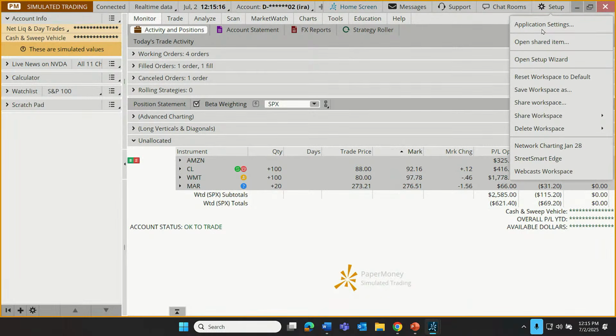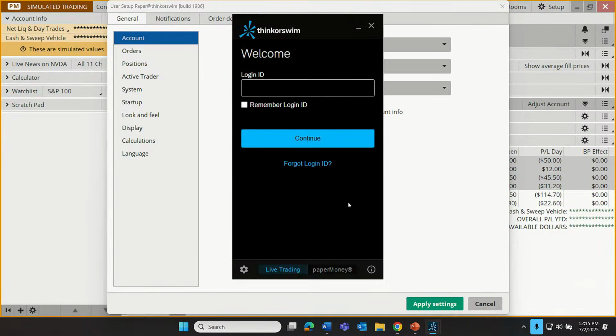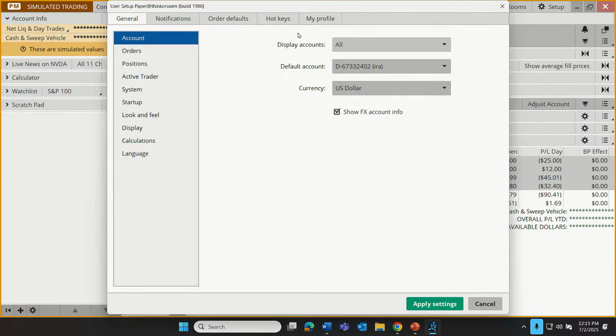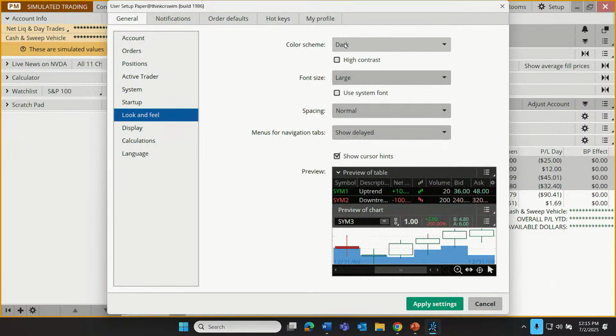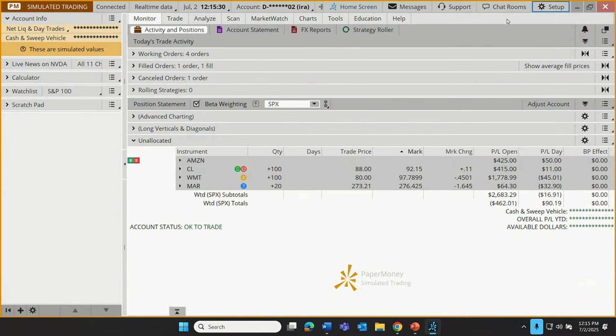Oh, it's being a little bit finicky. I think I confused it somewhat because I started my dark setup here and I didn't finish it anyway. But we would change that background color right there, changing things from light to dark and back and forth. Okay. Now, the second row here is where we can access other features of thinkorswim. And I'm just going to hover over these as we go. Now, let's talk about the monitor tab very generally first.